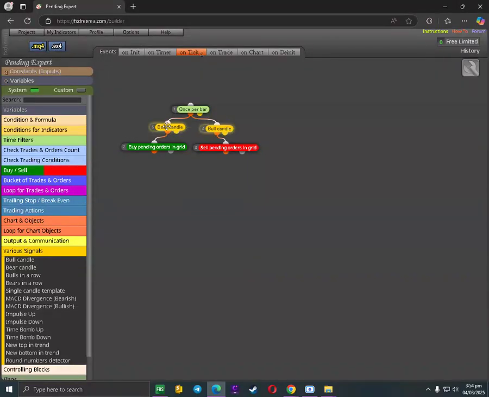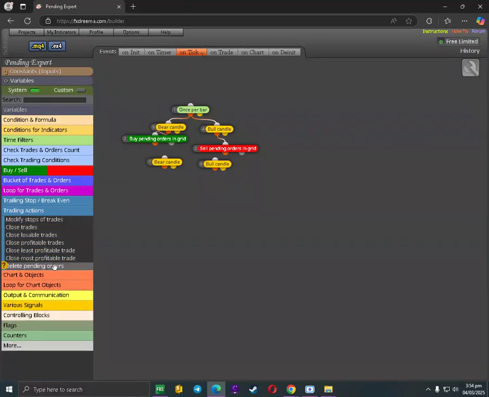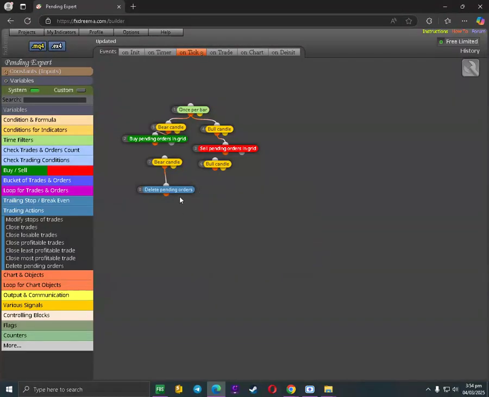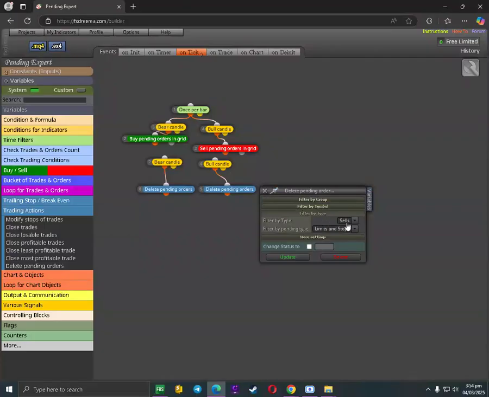So we just have to copy these two, put it in here below, and then trading action, delete pending orders, as you can see, guys. So if there's a bear candle, so we already put our buy stop, so it should close our sells, right? And then on the other side, so there's no connection, guys. You don't need to connect this one on the once per bar. It will trigger automatically. So just like that.